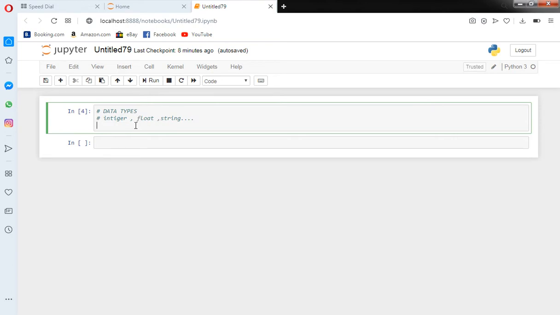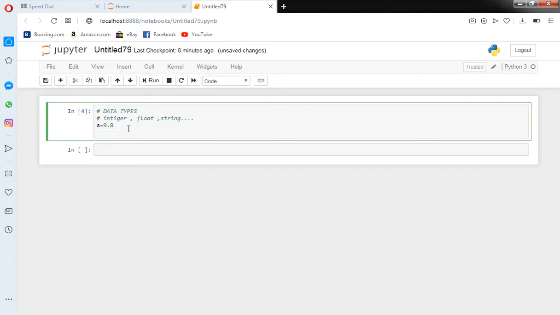First, if I create a variable a is equals to 9.8, you can see in this value there is a decimal point. So wherever a decimal point exists, it is called a float data type. If I want to check the type of a variable, I can use the type function.